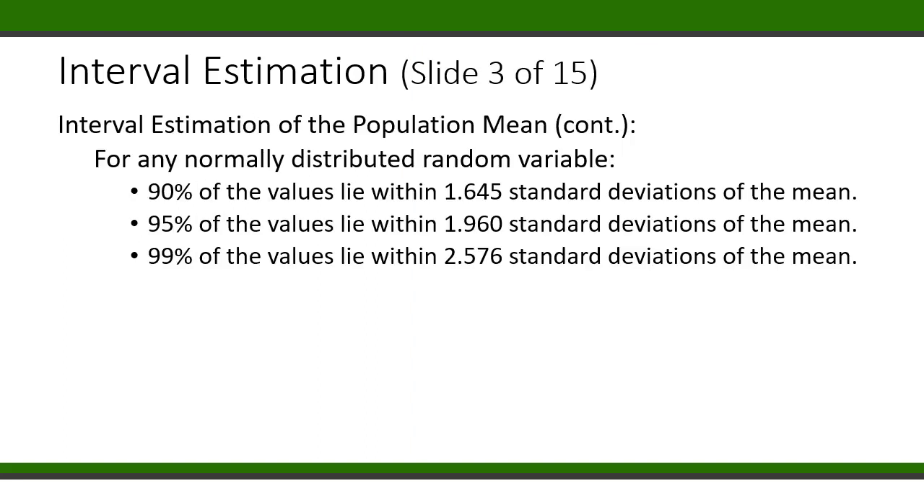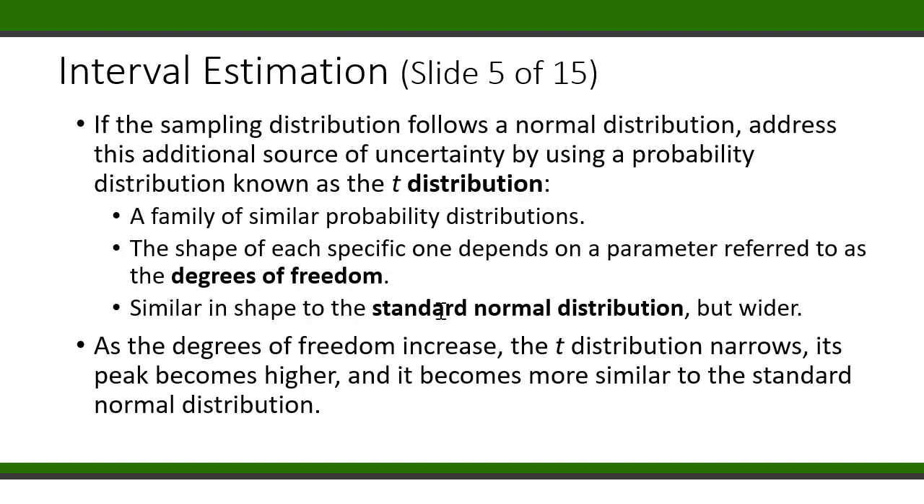I'd also like to point out that these values come from z-scores. So it should be something we've seen before. Another thing you should understand about interval estimation is that sampling distribution, when it follows a normal distribution,